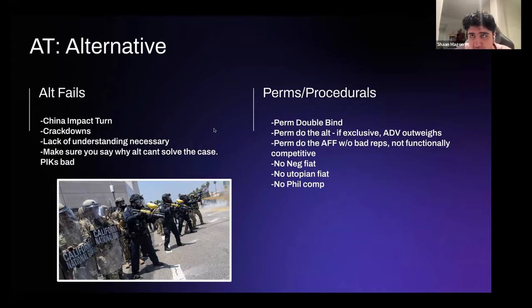First is just that the alternative generally fails. An interesting argument that people make is a China impact turn, which is a little more specific. If they clarify that the alternative is just about decolonizing the U.S., you could say without the government, other worse countries like China would take power, and they are more colonialist and treat people worse, which would be bad. You could also say it causes war, extinction. But you obviously want to focus on what answers theirs, since you've already established those arguments.